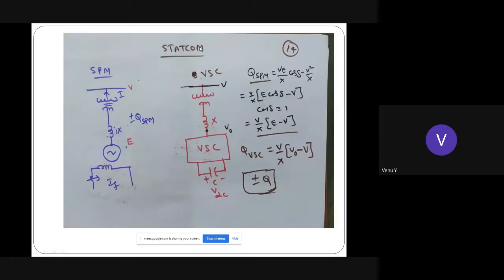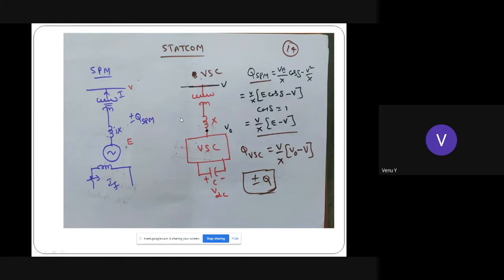So therefore, next one is STATCOM, and it is very important. You are familiar with the synchronous phase modifier or synchronous condenser, in which the bus is connected through a coupling transformer, and this is the synchronous motor operating at no load. So therefore, you need to supply the no-load power, that is the no-load loss, to the synchronous machine, as already explained. The machine has some reactance, and I_F can be controlled with the help of a field regulator. So by controlling the I_F, you can control the Q_SPM, the reactive power supplied by the synchronous phase modifier.